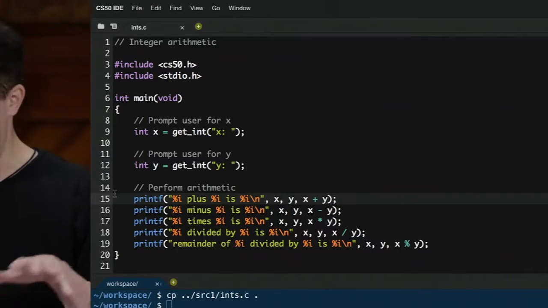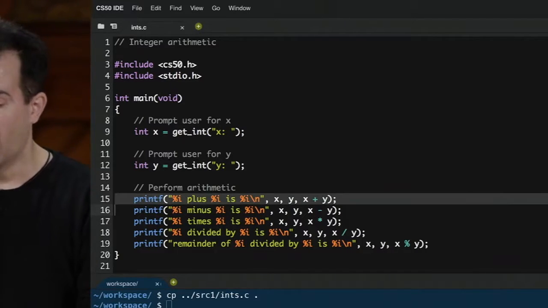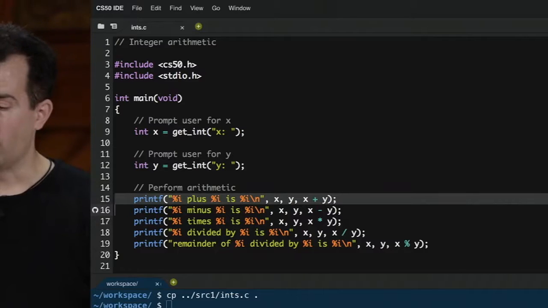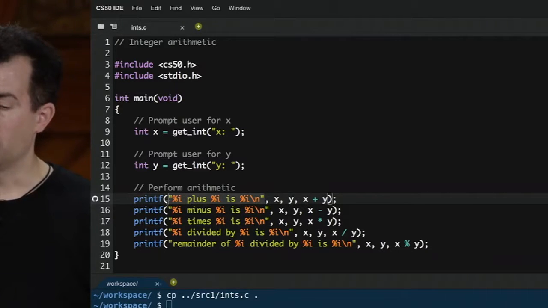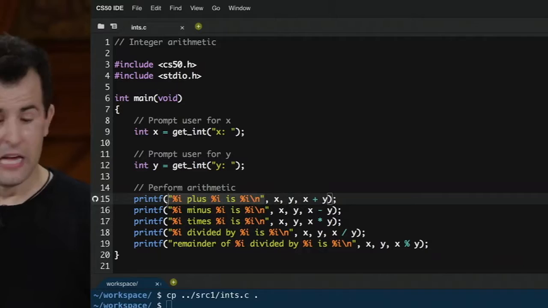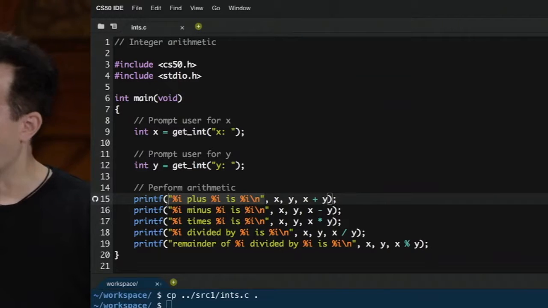It might not be obvious what symbol to use, and that's why we see this. On line 15, we see the following example. We have a string here, which says plug in some value, then literally say the word plus, then plug in some value, then literally say the word is, then say the third value. All of these values are integers because after this highlighted string, I have 3 additional inputs to this printf function,